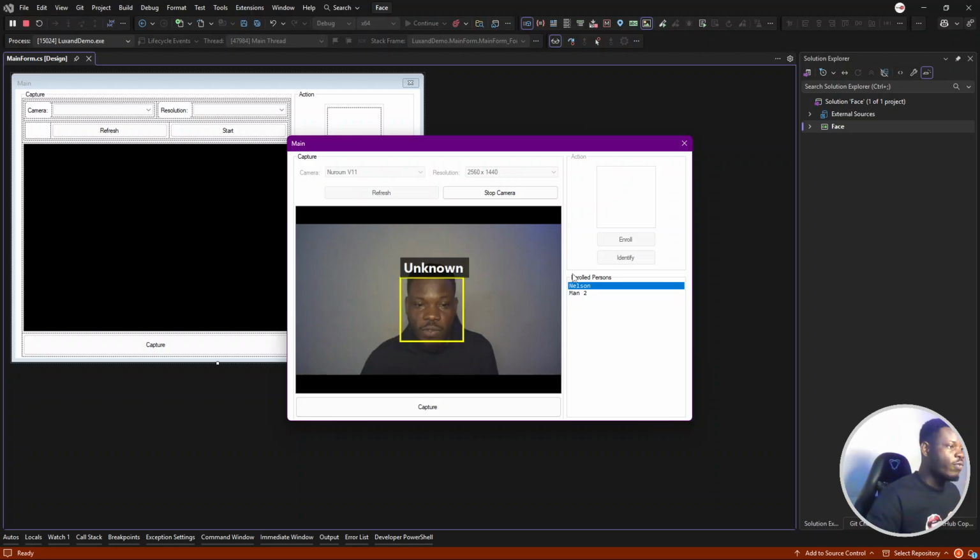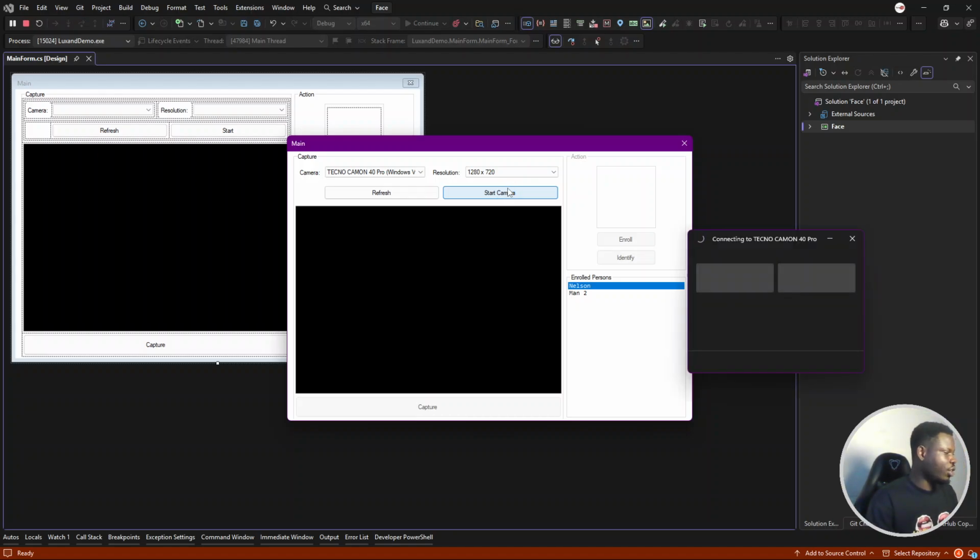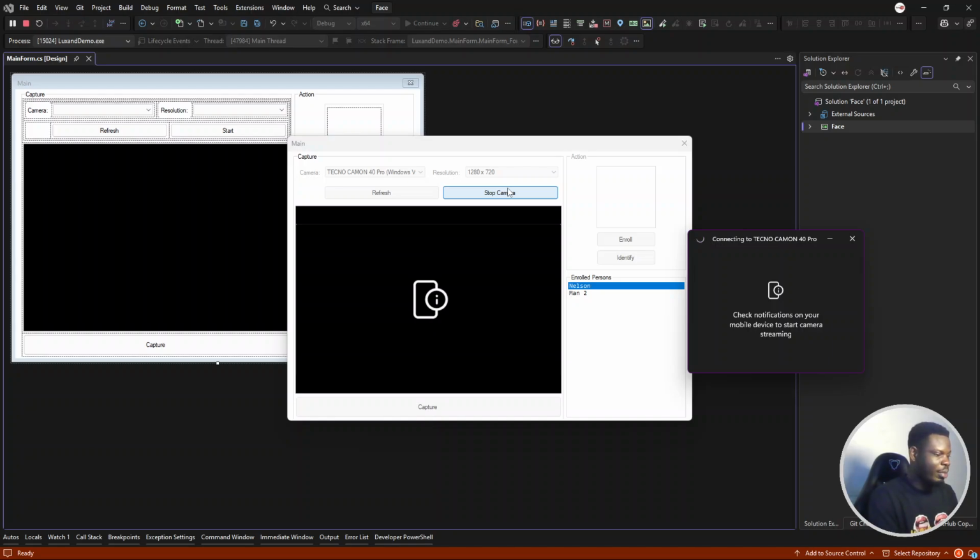What's even more fun is I can stop this camera and I can actually use my phone. I have my phone here, the Tecno Camon 40 Pro. So I'm going to switch to my phone as a virtual camera. So I will start the camera. I should get a notification on my phone to allow the camera. So my phone is already connected on my system as a virtual camera. So I'm going to allow